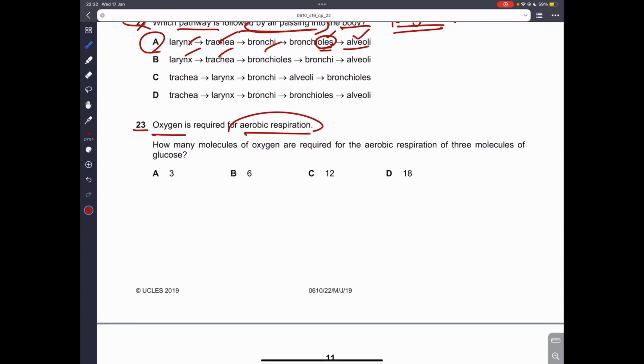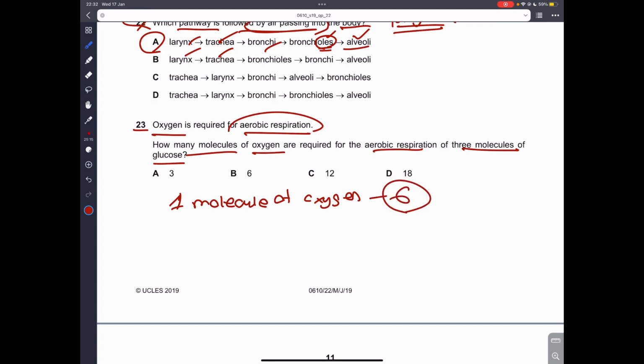Question 23. Oxygen is required for aerobic respiration. How many molecules of oxygen are required for aerobic respiration of 3 molecules of glucose? Okay, for this we will have to actually think about it. So for 1 molecule of glucose, we require 6 oxygen, because remember, aerobic respiration is basically